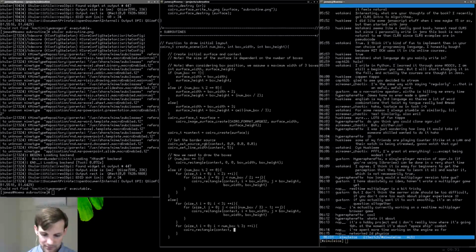It's going to be surface width divided by 2 minus box width. Okay, that's going to be of the first one. So it's going to have to be